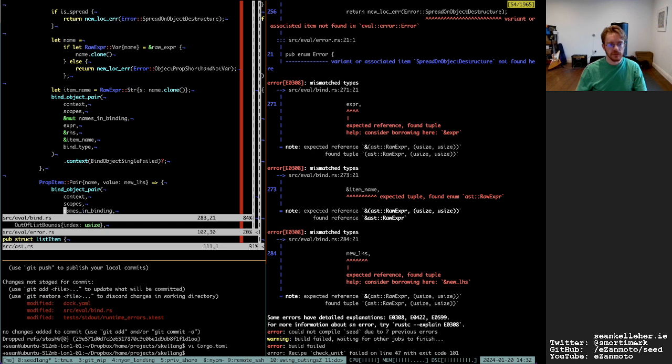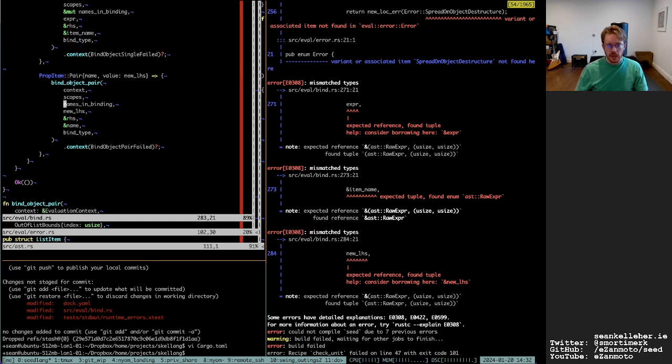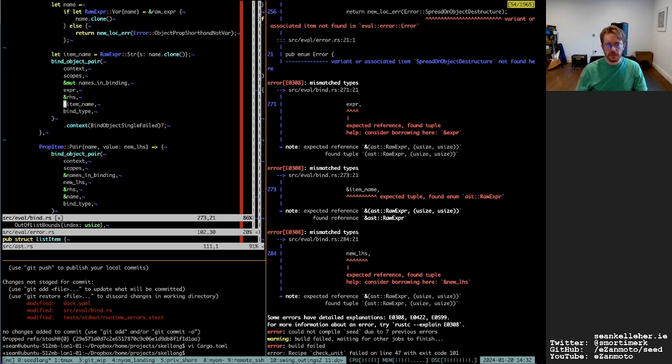So 284, names in binding, expected reference but got a tuple, so I'll borrow that. 273, what's the issue there? Expected a tuple but got the raw expression.